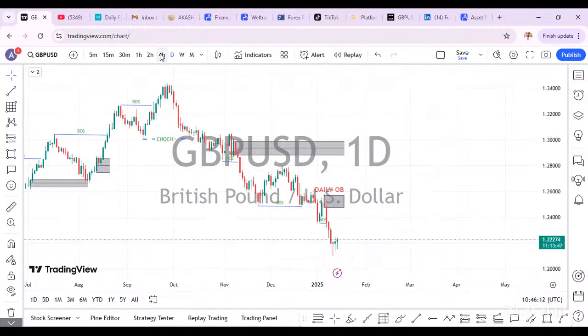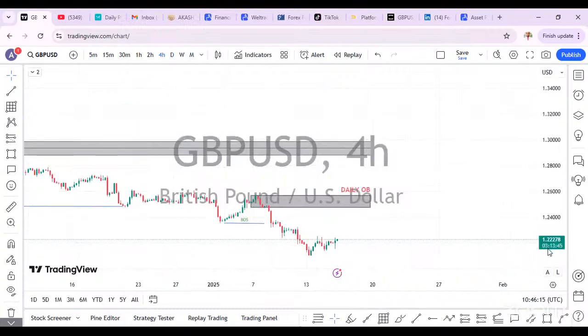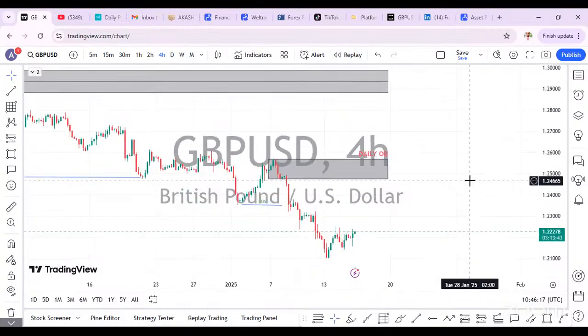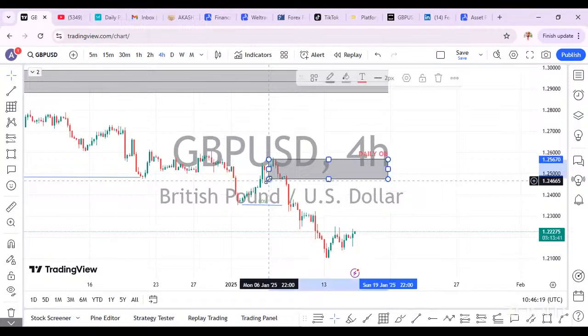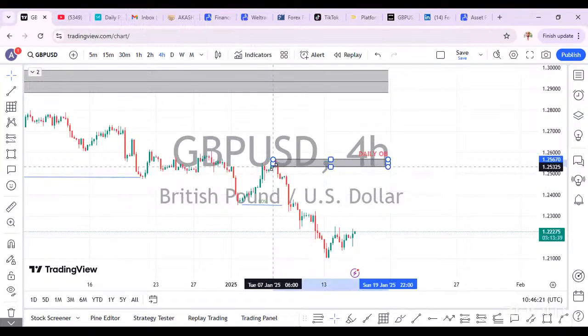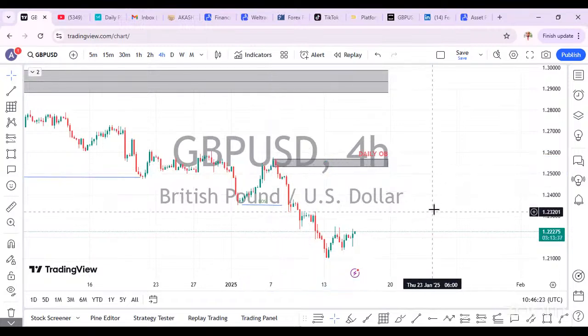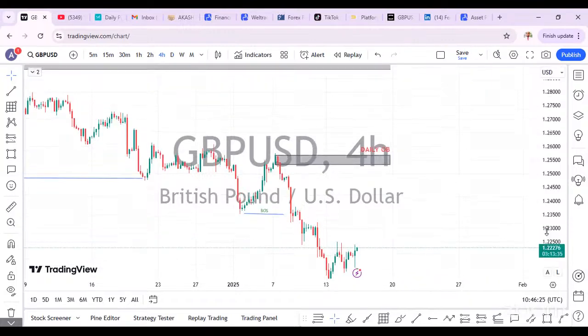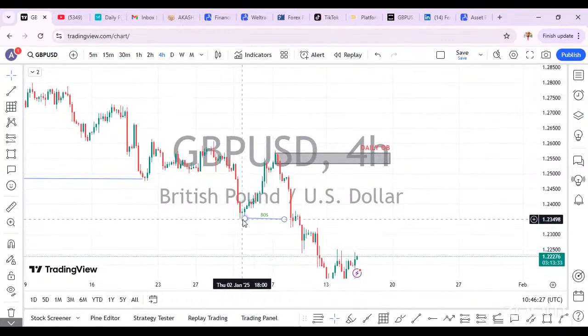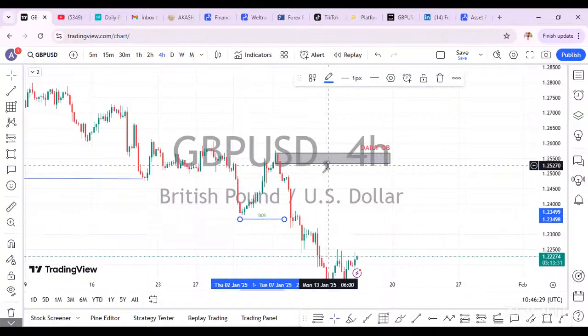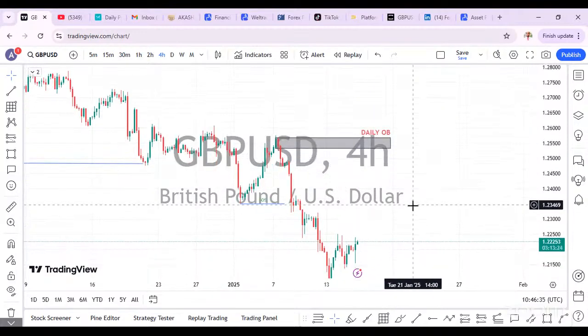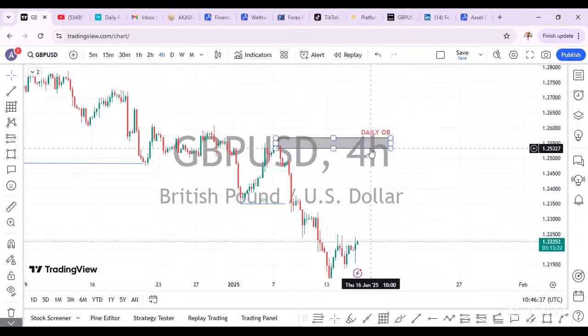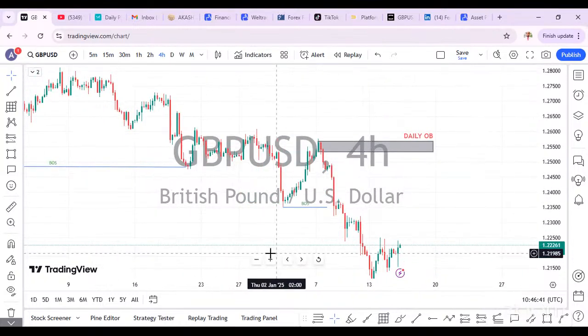So 4 hours, let's go to 4 hours. So what I want to do is refine this. So I refine that. So you can see on 4 hours, we have this break of structure, but price has not mitigated this order block that caused the break of structure. So in the nearest future, if price comes here, we may have a massive sell. So that place is there. So let's reply from